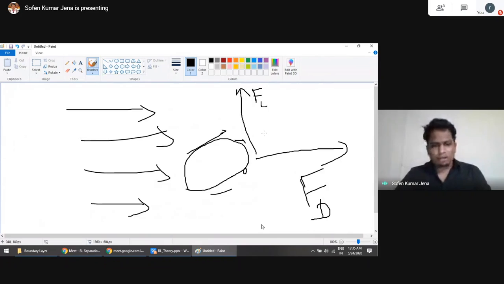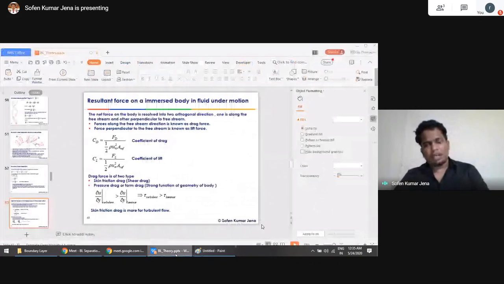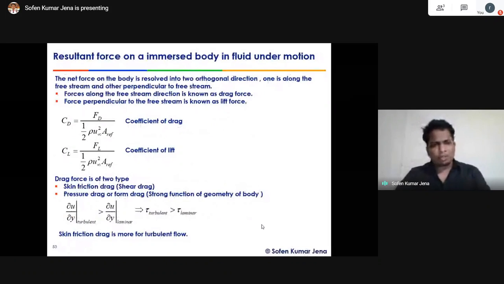So with a proper mechanism, we can non-dimensionalize it. Suppose this is the area where it is working. If the free stream force is working in the normal direction over this area, what is the effect, right? With that concept, we can non-dimensionalize the flow force over here.